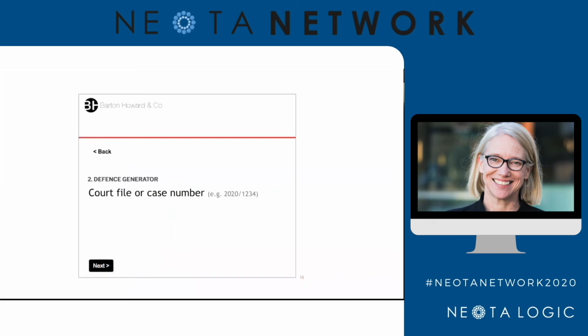The sort of thing that was missing was what you see here. There's no input field. And we wanted the students to know that this is not a value field or a date field, it's a text field. It has to be text because if you made that a value field, it would calculate the matter number, for example, 2020 over 123, and they would end up with a decimal point. My understanding is most technologists would see that as trivial, but for a lot of law students, that is a